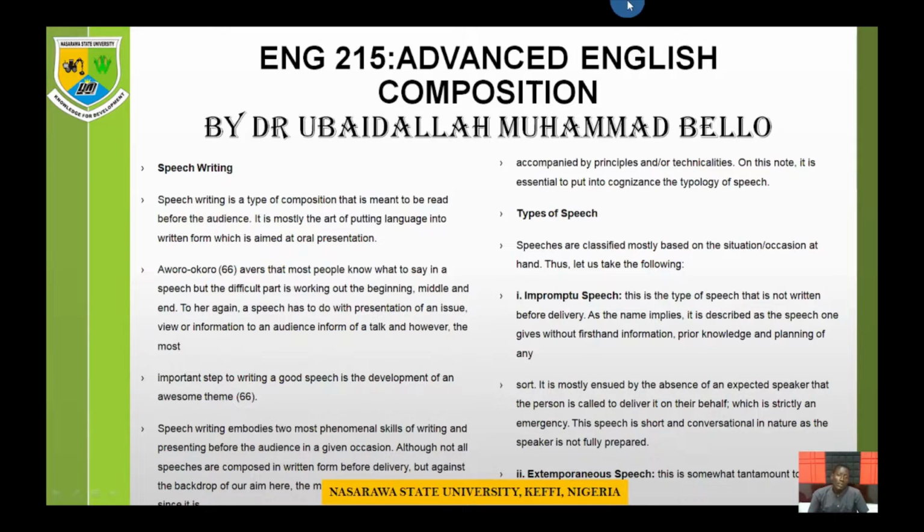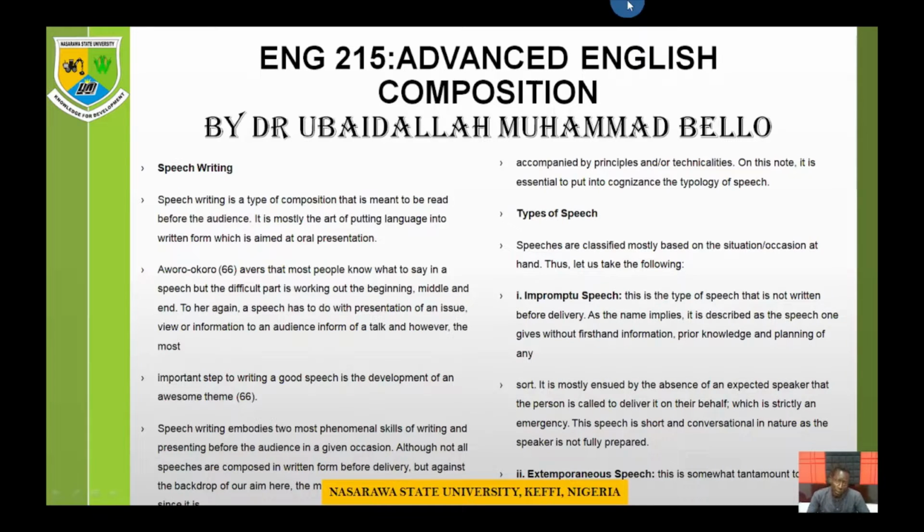I am Dr. Ubaidallah Muhammad Bello of the Department of English here in Nasarawa State University, Keffi. My course is ENG215, and that is Advanced English Composition. This is just a continuation of the course